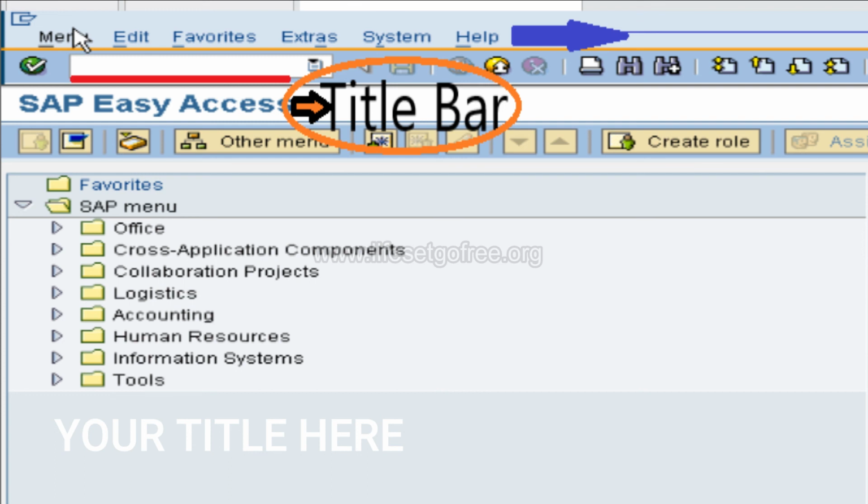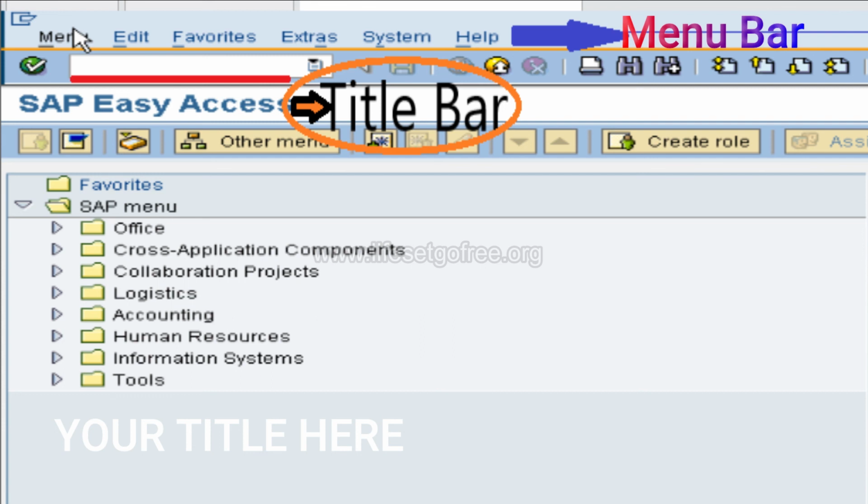Here the top part where you will see menu, edit, favorites, help, this part is known as the menu bar. Where you see the menu, it is known as the menu bar. Okay, and if you see just below that, you will be seeing all the different tools.